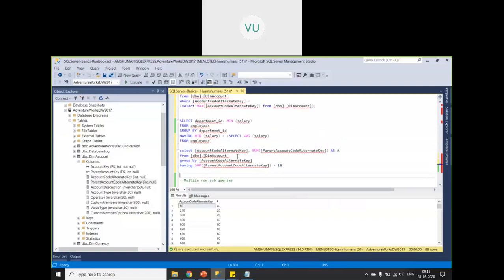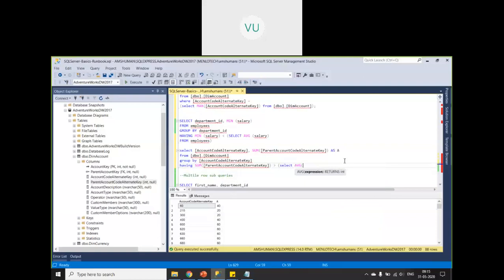Now coming to our actual task, instead of putting 10, what I will say? I will try to retrieve based on a subquery. So I will say select average, anything. It can be any other function or any other query, some other table also.